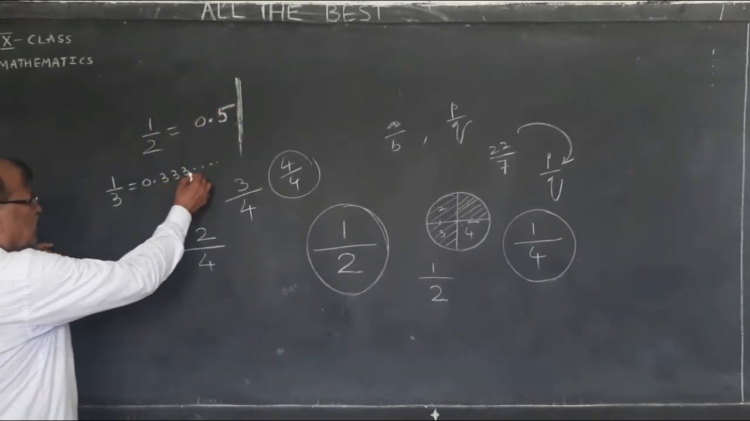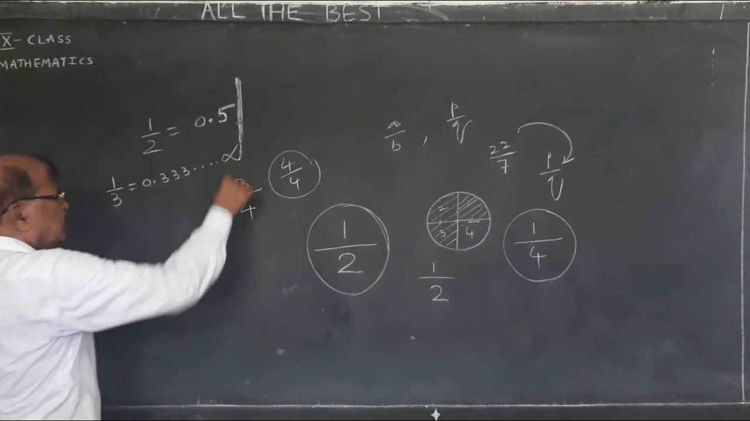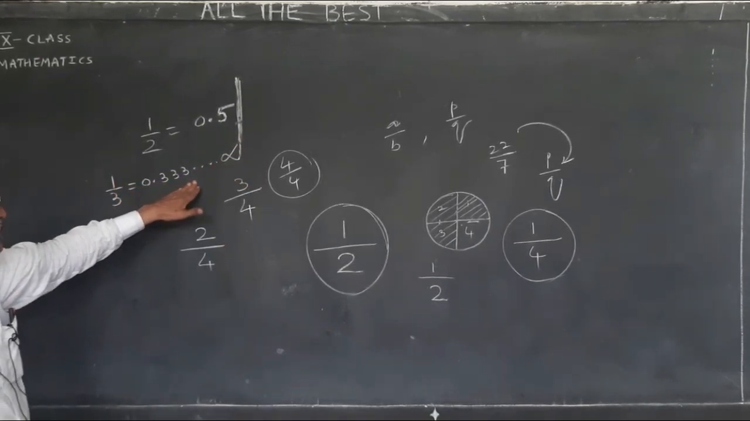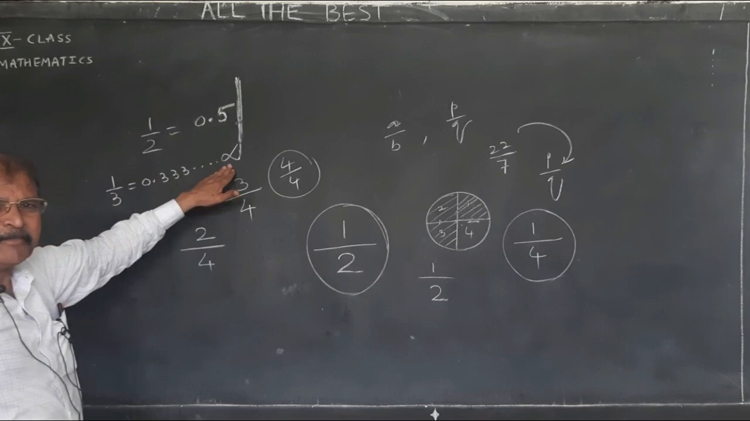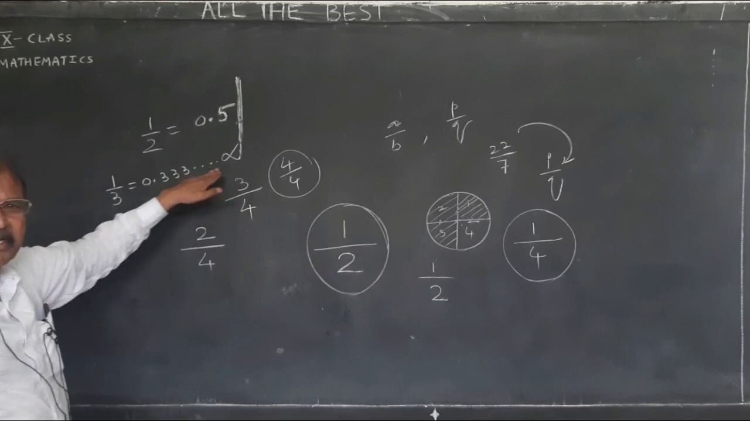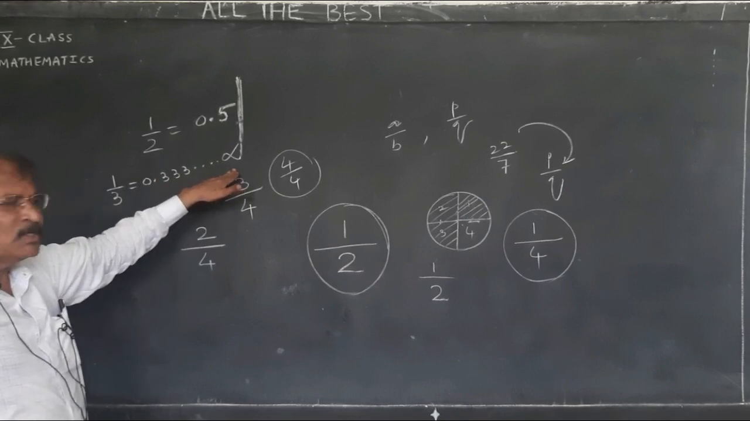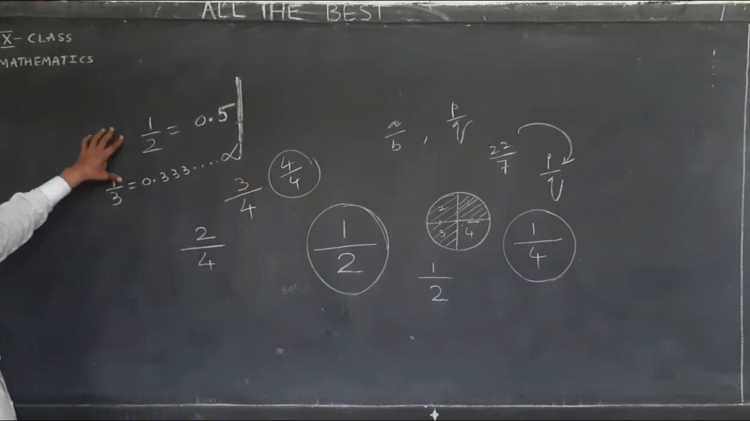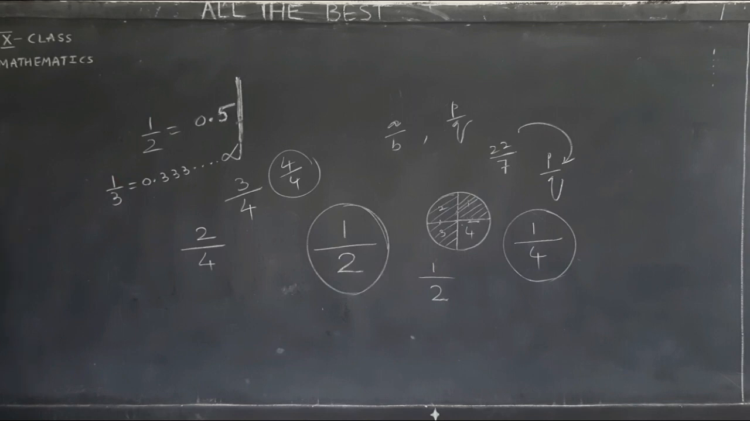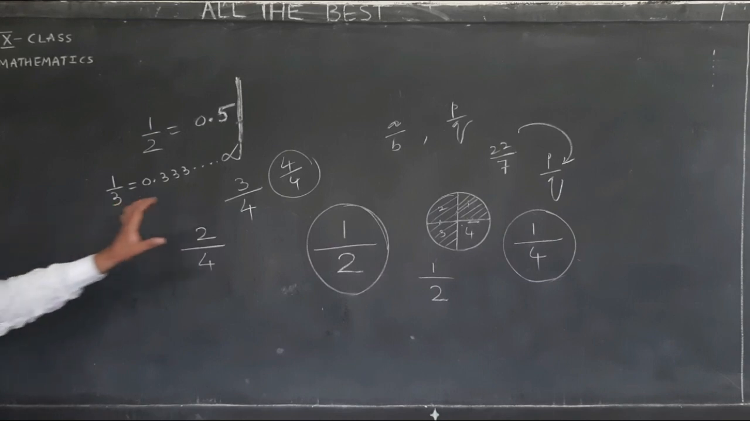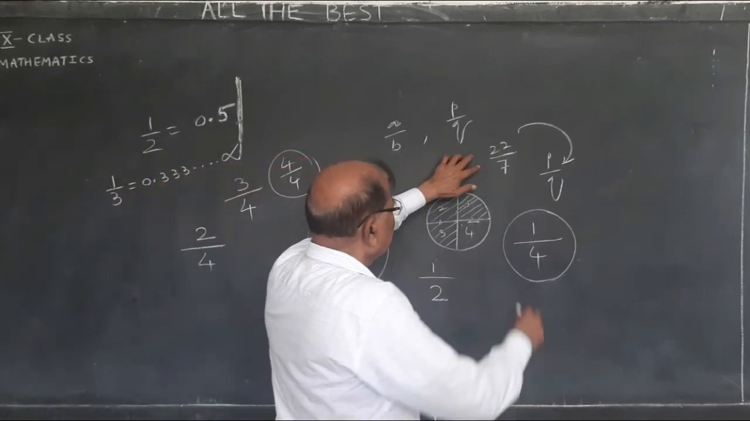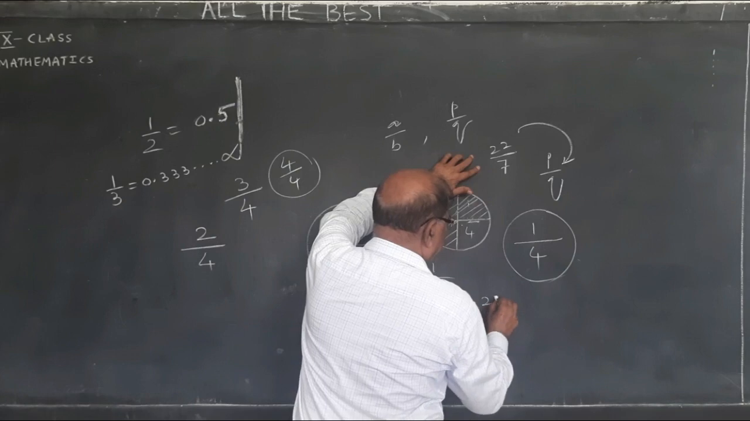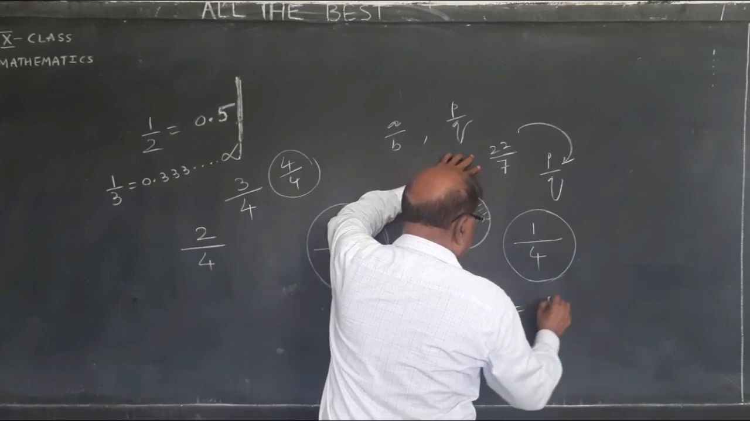Here the 3 comes up to infinity. So it goes on. It is called non-terminating. It goes on. So this is the difference. If you observe carefully, what is a rational number? Yes, I want to bring this 22 by 7 again. You take a calculator